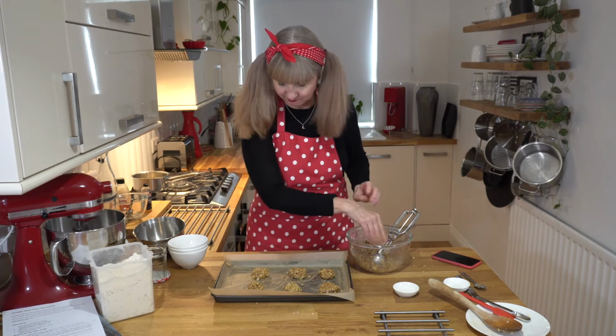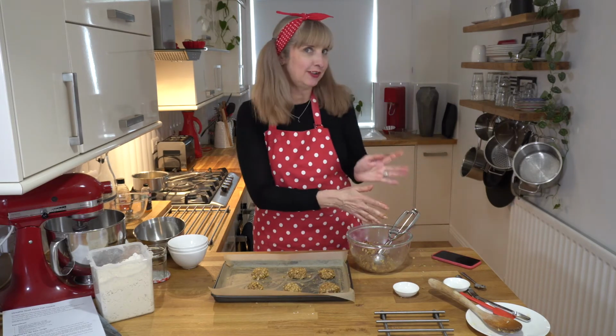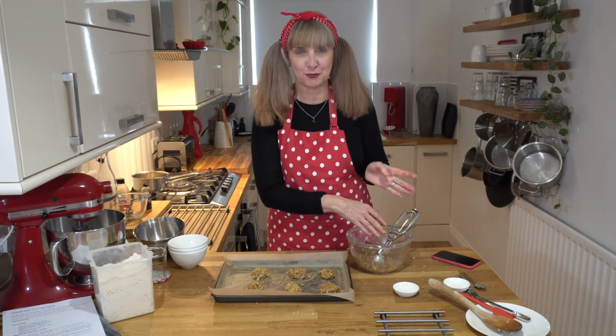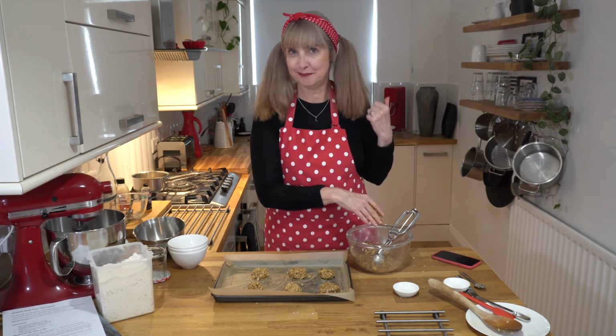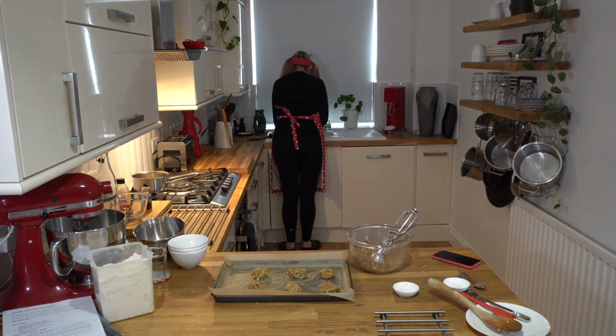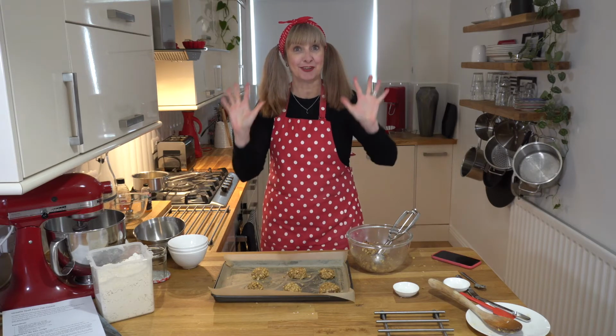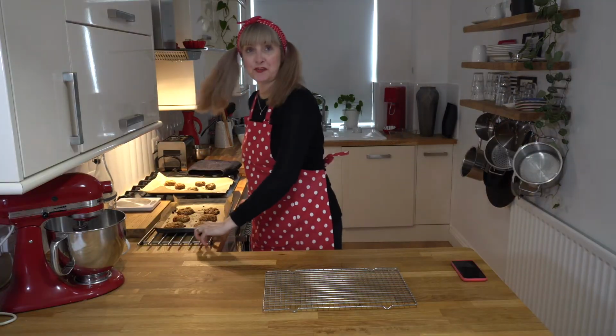Okay, I'm just going to do 6 per tray, so these ones are ready for the next bake. It's a good tip to have some hot dishwater in your sink so then you can clean your hands quickly. I should have said warm dishwater or warm water in your sink, so then you can wash your hands. So they're all clean. So the first tray is out of the oven,